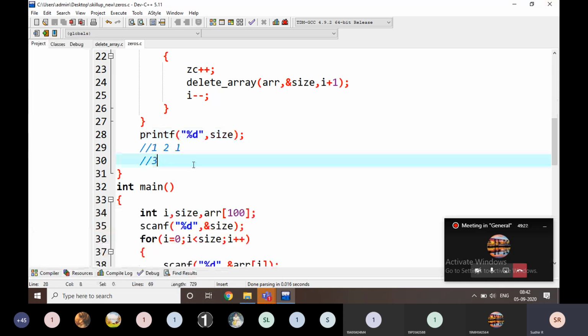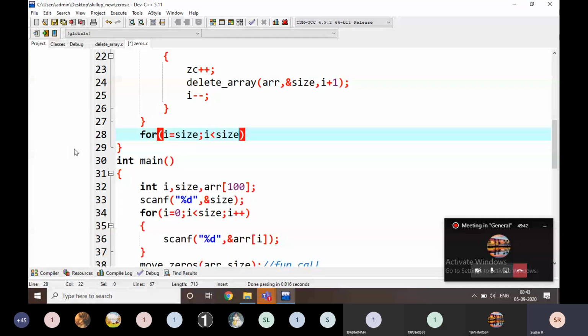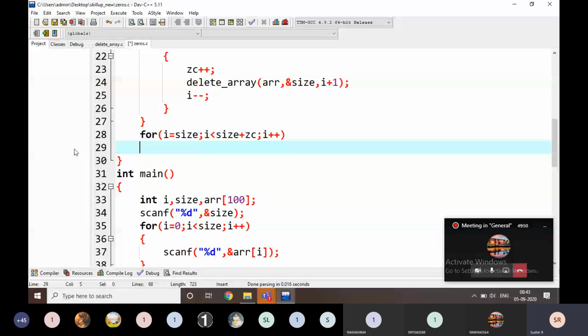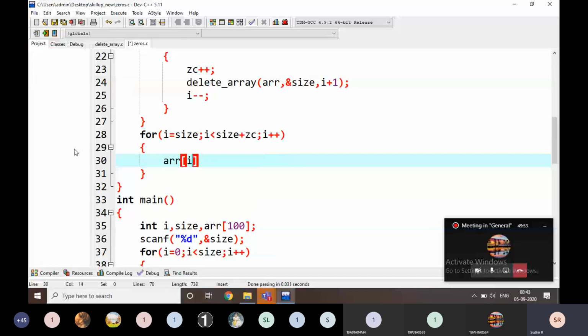I am going to start at size, the last value, and i is less than the position plus size. Sorry, ZC. Size plus ZC, then i plus plus. Now ARR of i is equal to 0. That's it.